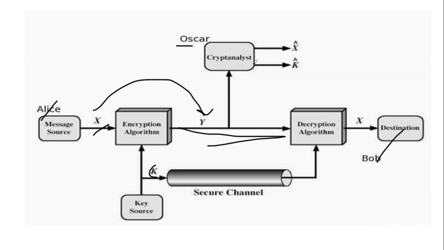So the attacker can try to find out the key, but if the key is found, then it is very easy to decrypt the future messages because the key is known. Here K cap is given because it is finding out, or it is nothing but estimating the possible key. And if